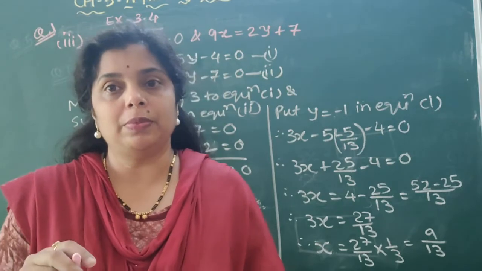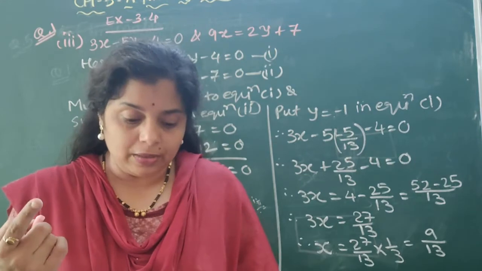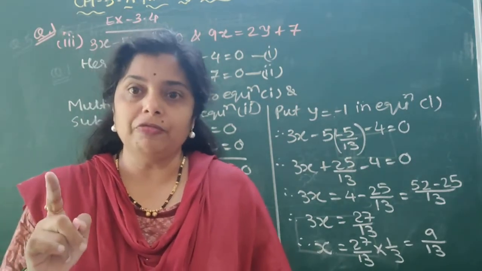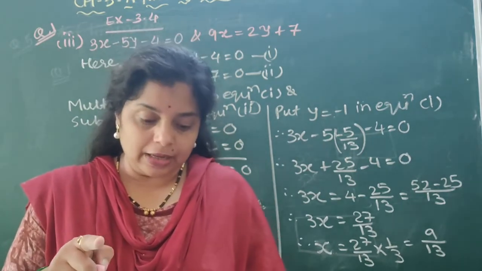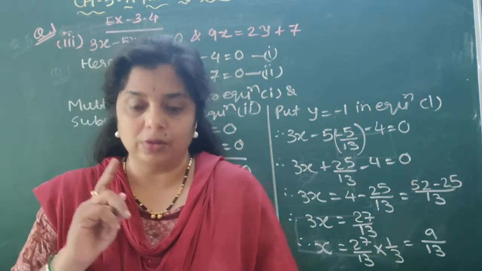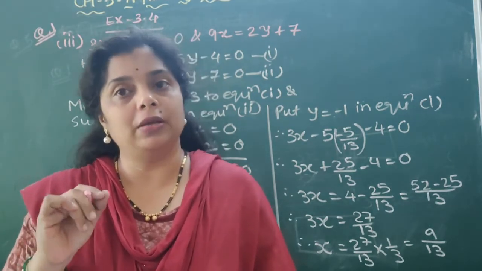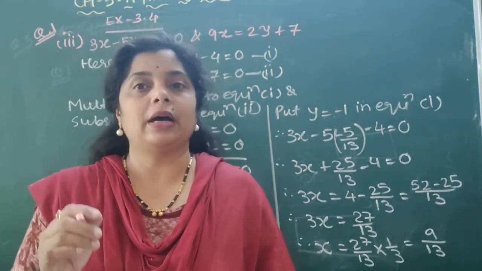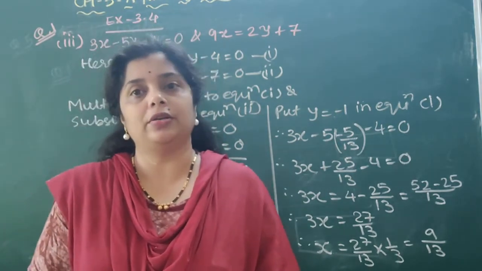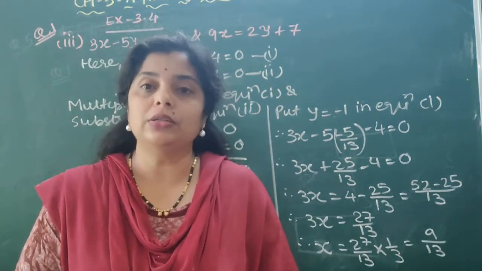If we multiply the second equation by 2, it will be 4x minus 4y is equal to 4. And if we do addition with the first one, then plus 4y and minus 4y are eliminated. Then we will get the value of variable x after simplification, and after putting the value of x in any one of the equations, you will get the variable y. Like that you can solve the second one. Let's move to the third one.